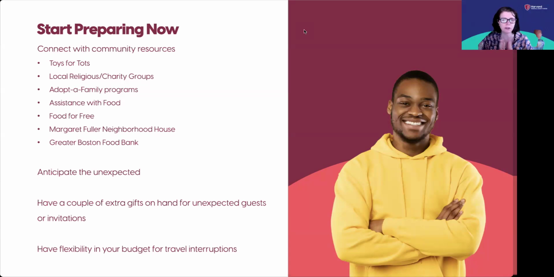Yeah, in fact, if you have a new unwrapped toy and like Ty mentioned, if you had something you bought that you didn't end up needing or wanting, we are collecting in each of our branches at Harvard Federal Credit Union for Toys for Tots. So there's a bin. You can drop off toys there. They ask for new and unwrapped because what they do is they give them to the parent so the parent can, if they want to be Santa or whatever it is, their traditions, give it according to their traditions.